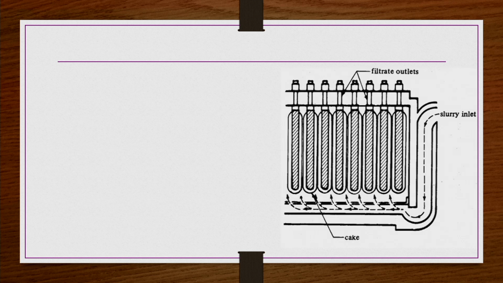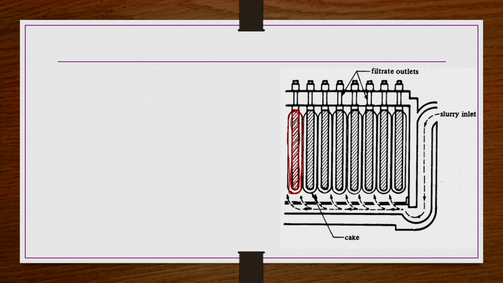So, pictorially, as I am mentioning, this is a leaf. The structure is a kind of leaf structure, and that is the reason they are called leaves. This filter leaf, or the hollow mesh, is a mesh with a hollow structure, and it is covered with a filter cloth like this.